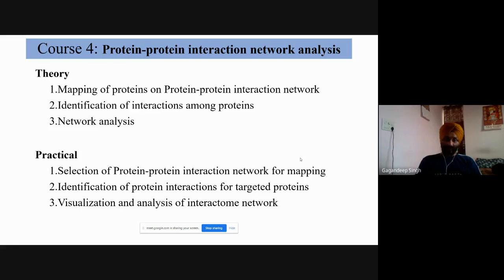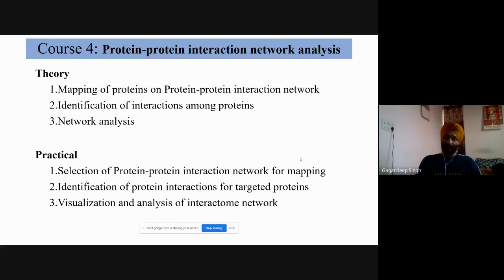I'll teach you how to visualize these proteins and how to find the particular interaction of those proteins that we have identified, followed by analysis. Analysis here means one protein is controlling how many other proteins. Is there any negative feedback? Is there any positive feedback of that protein? Negative feedback means a particular protein is interacting with other proteins. Maybe some proteins are increasing their function, maybe others are decreasing their functions. So there may be some negative feedback or positive feedback by a particular protein.